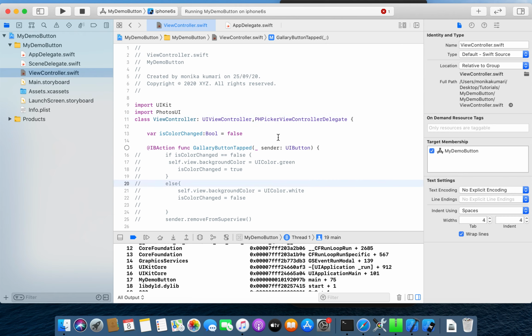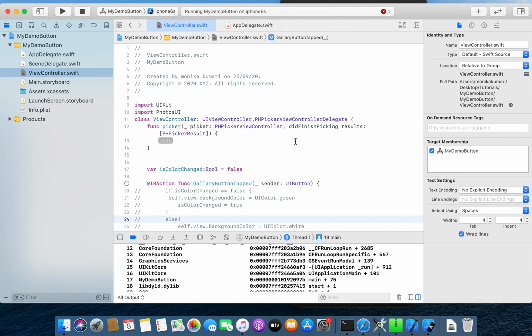As soon as we write PHPickerViewControllerDelegate here, Xcode is trying to say that type ViewController does not conform to protocol PHPickerViewControllerDelegate. Do you want to add the protocol? Because every delegate has a protocol, and to implement the protocol we need to implement the protocol method. So we will just fix this up like this.